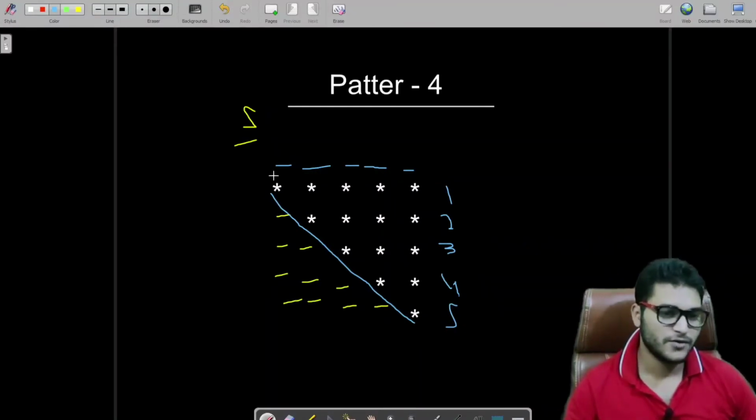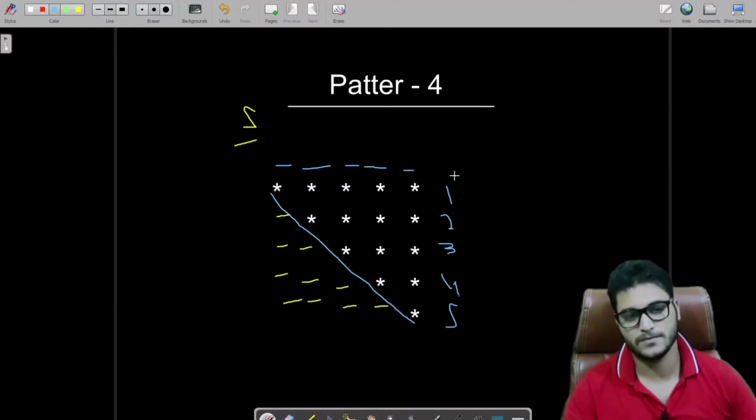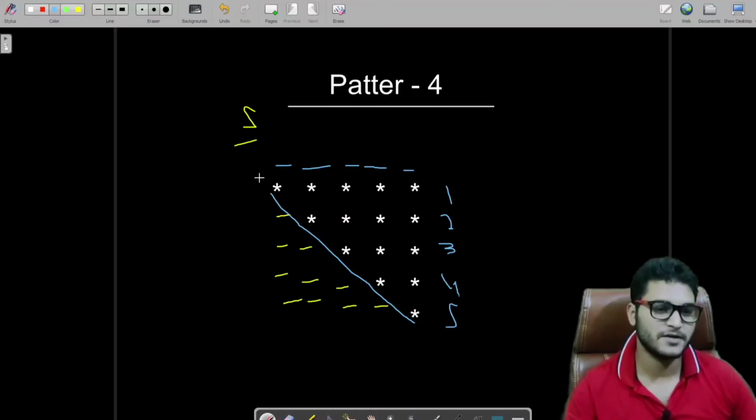Cool. So what we have to do is analyze what we are displaying in each row. In the first row we are displaying 0 spaces and 5 stars, and in the second row 1 space and 4 stars. In the third row we are displaying 2 spaces and 3 stars.